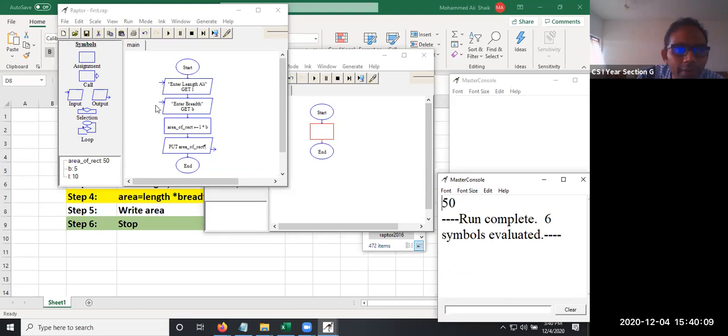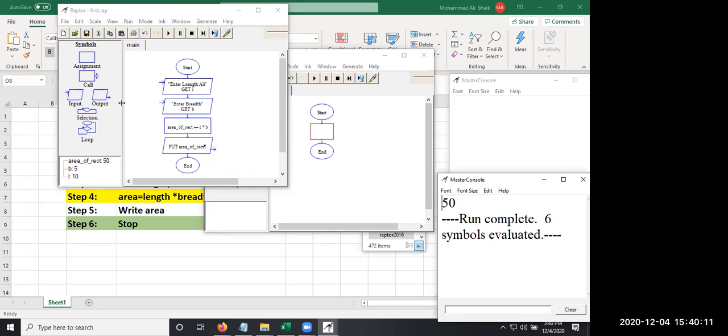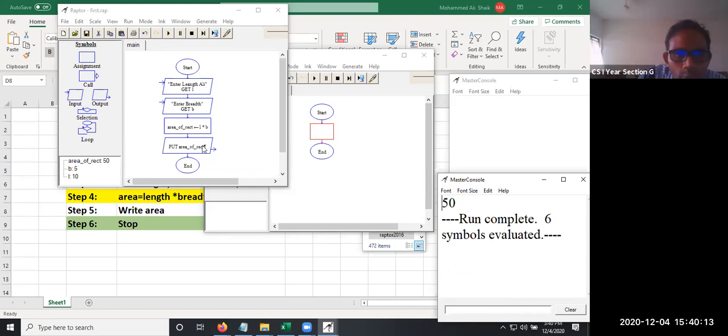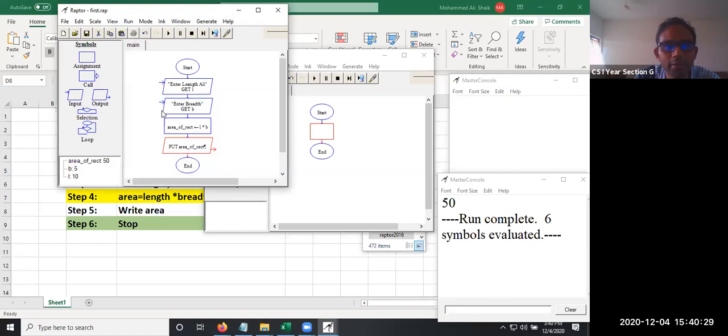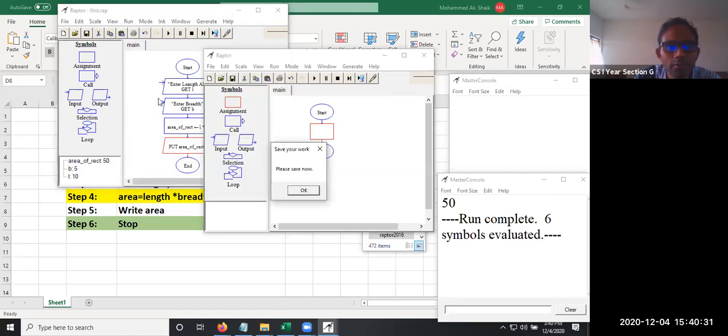Okay. So, the way to modify it if I want to get area of rectangle: go to output, edit. Now, before this, you need to write in double quotes area. Then you need to write a plus symbol. Okay, then area of rectangle. Now let us execute this program again.